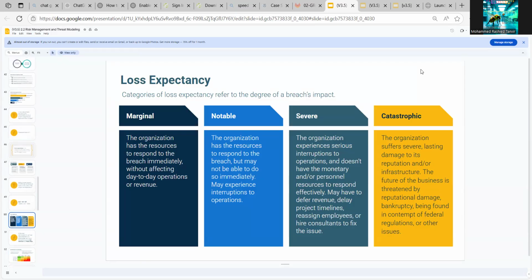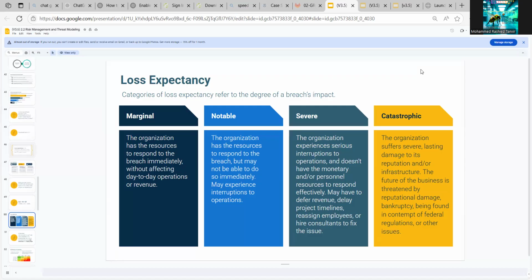And then loss expectancy. The category of the loss expectancy refers to the degree of breach impact. We now see the SLE. Marginal: the organization has the resources to respond to the breach immediately without affecting day-to-day operations or revenue. Notable: the organization has the resources to respond to the breach, but may not be able to do so immediately,